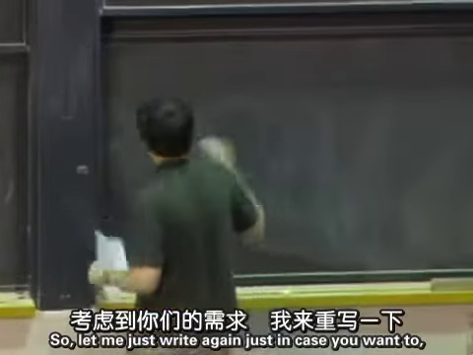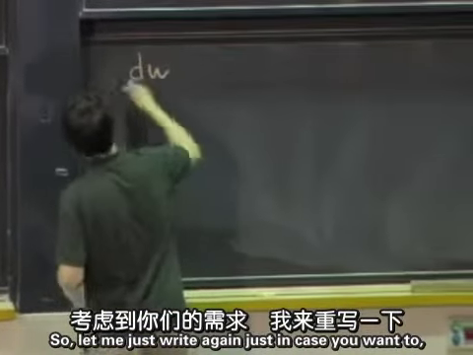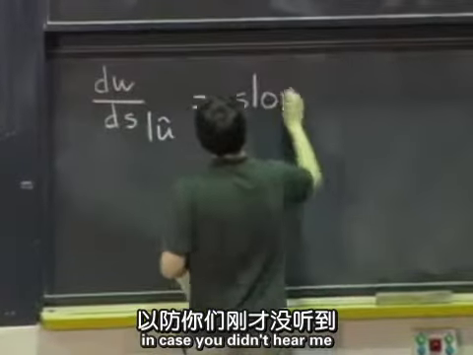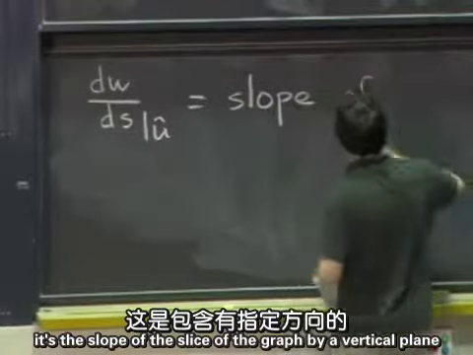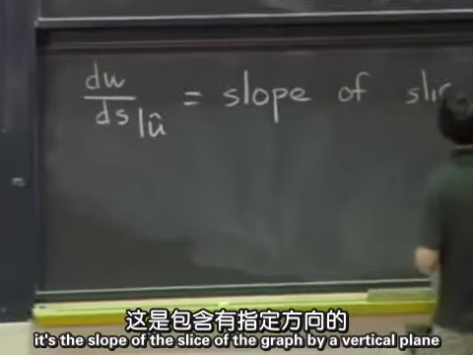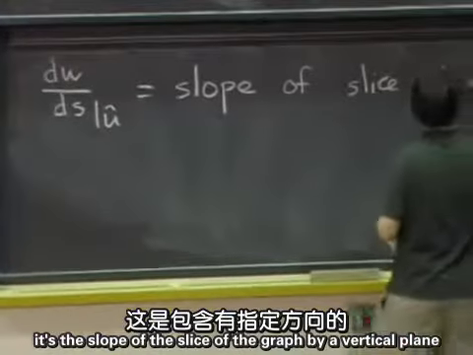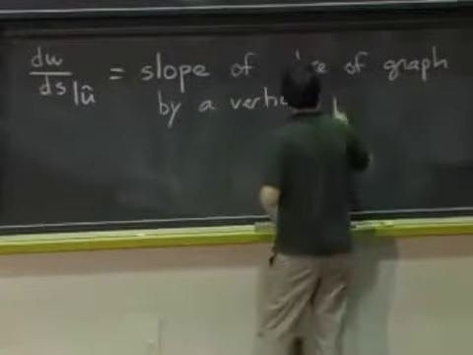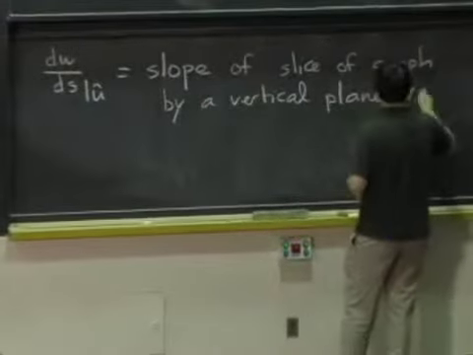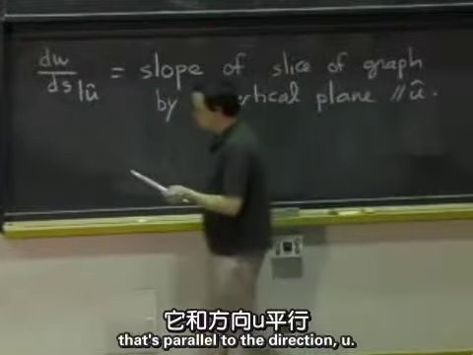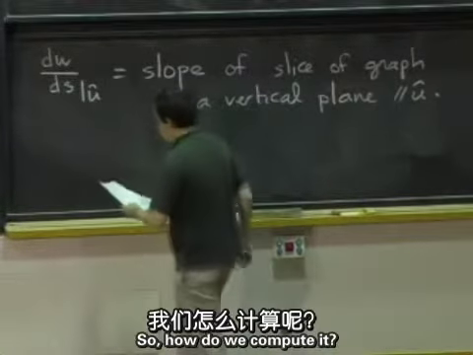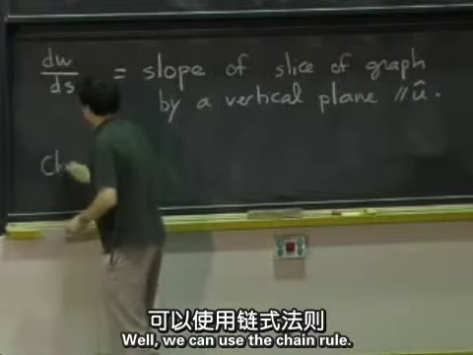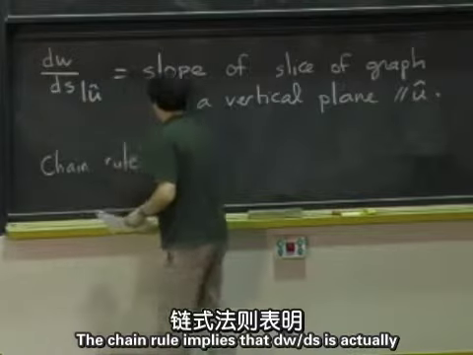So let me just write again, just in case you want to. In case you didn't hear me, it's the slope of the slice of the graph by a vertical plane that contains the given direction u, that's parallel to the direction u. So how do we compute it? Well, we can use the chain rule. The chain rule implies